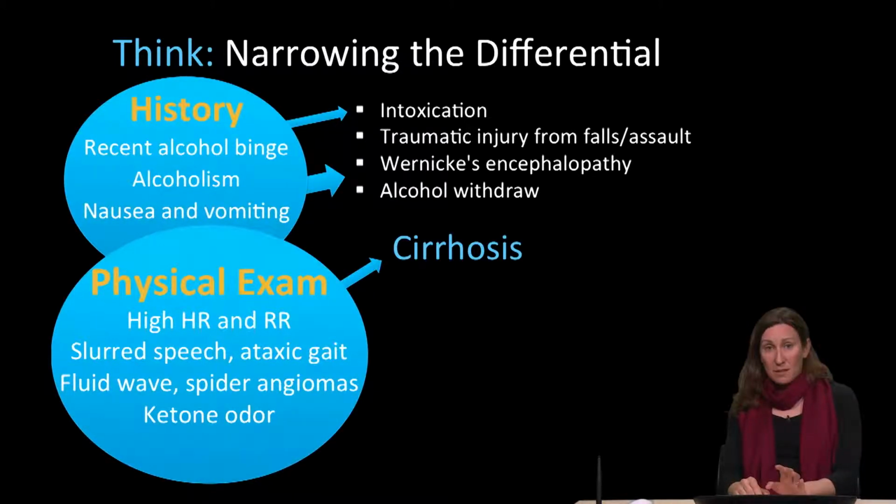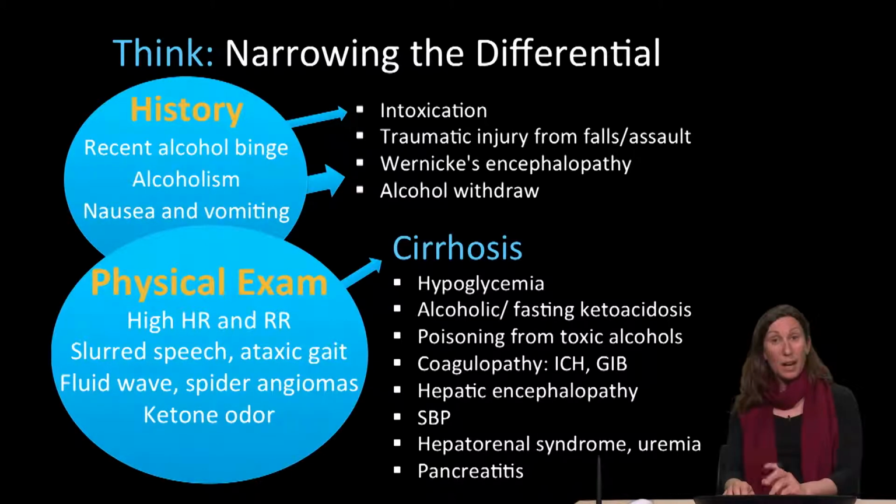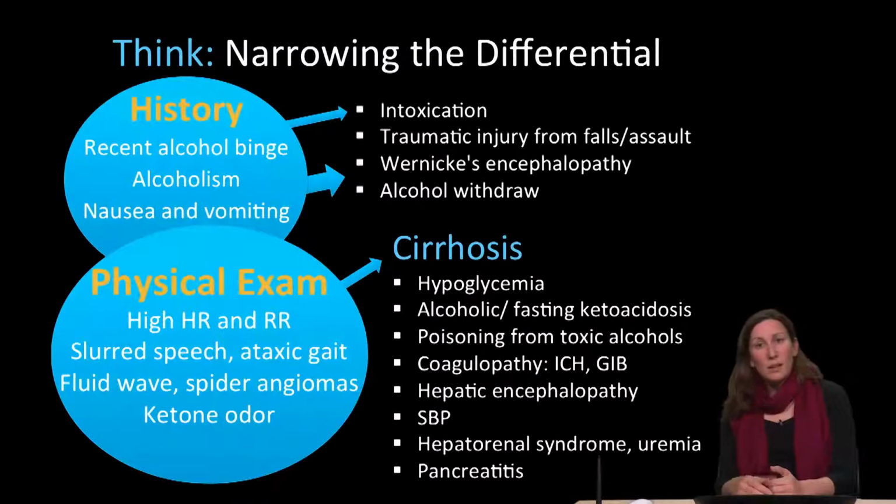Many of the findings, the spider angiomas, the fluid wave, and distended abdomen, point to possible cirrhosis. And frankly, hypoglycemia also supports that. So now, other things that are increasingly likely on our differential are hypoglycemia, alcoholic or fasting ketoacidosis, a poisoning from a toxic alcohol,